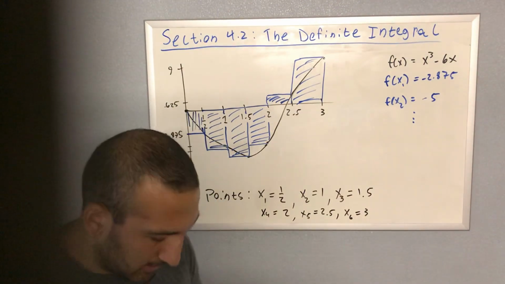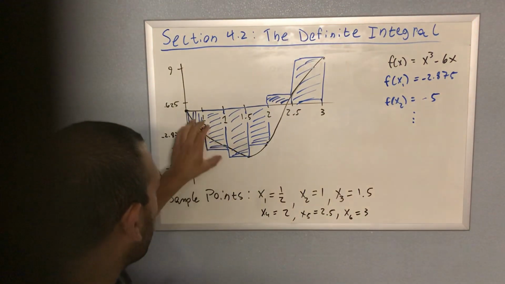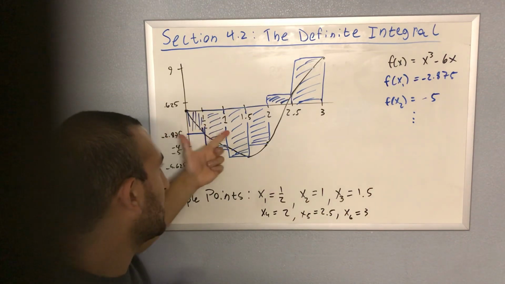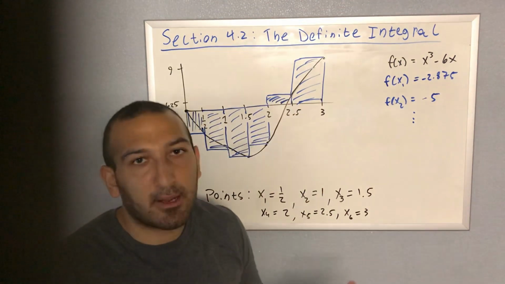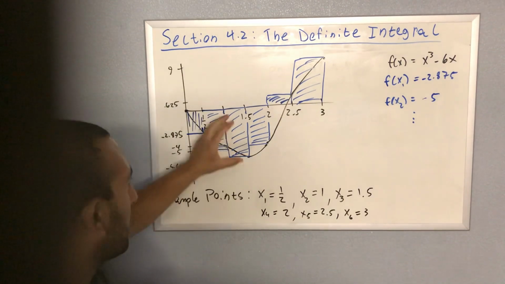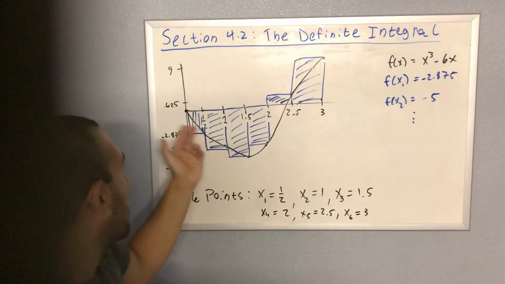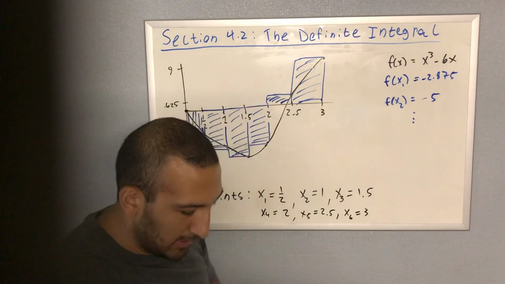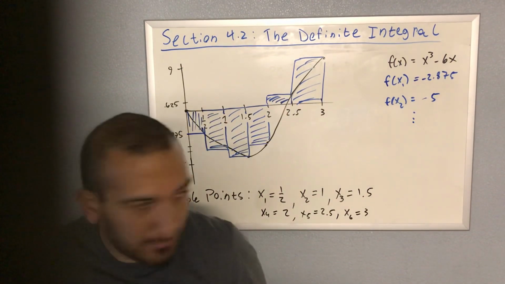All right. So yeah, that's roughly. So the Riemann sum that we're talking about is basically just the sum of the area of these 6 rectangles, where area, I mean, can be negative. So these will be negative areas, these will be positive ones. So when we calculate the Riemann sum,